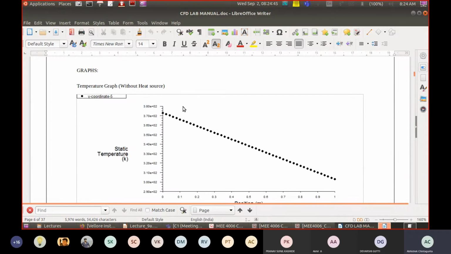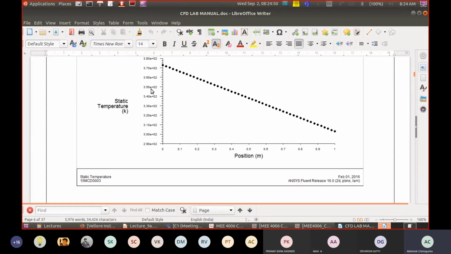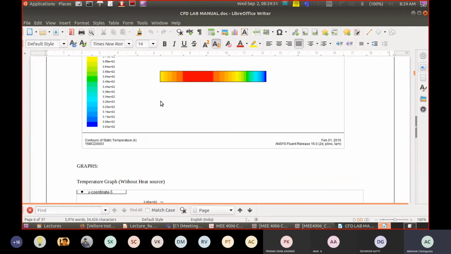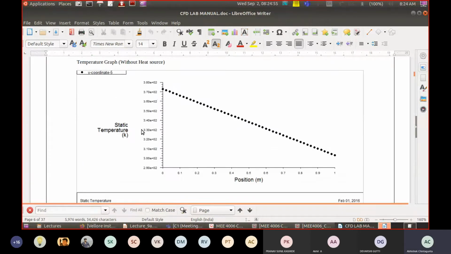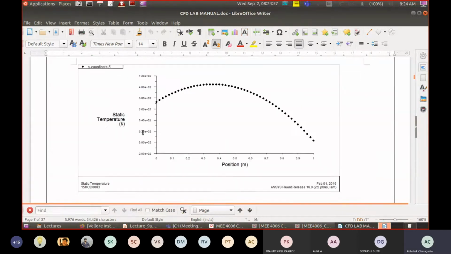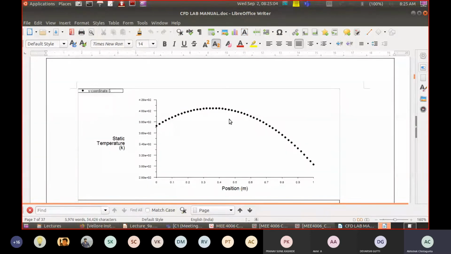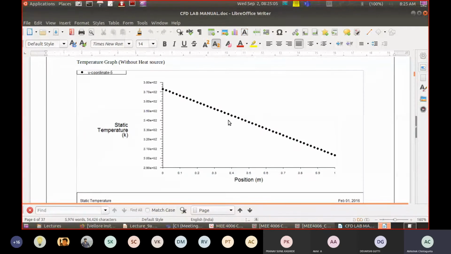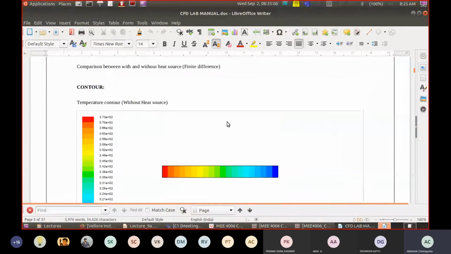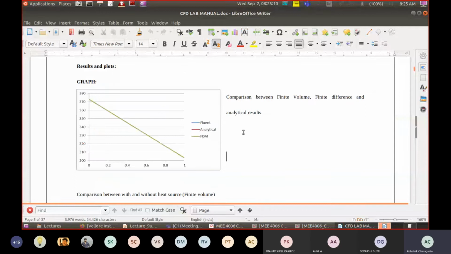This should be going up there in 1D lines. If you have selected a cross section like the midline, I think this is the midline, and where this temperature is varying, you can put in your line plots and inferences from these results. What did you understand? First thing is Fluent and FDM, finite difference method. That's what I think the course that I've put in Jupyter Notebook.